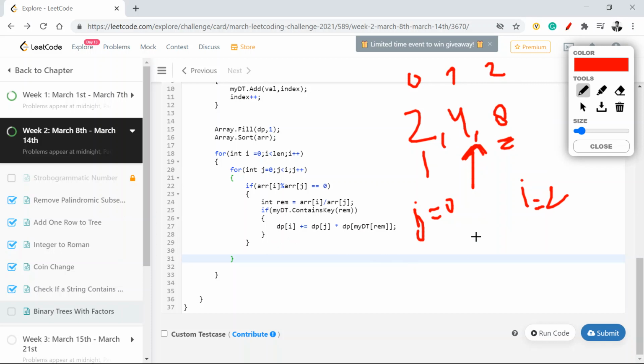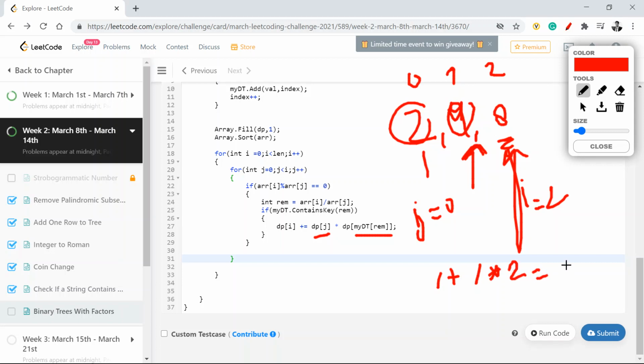My current value at this index will be 1 plus dp[j] into what is present in the dictionary. dp[j] at that time will be 1, because dp of 2 will always be 1. When I'm at 4, I'll get into 2, so this will be overall 3, right? This is what I'm trying to do.